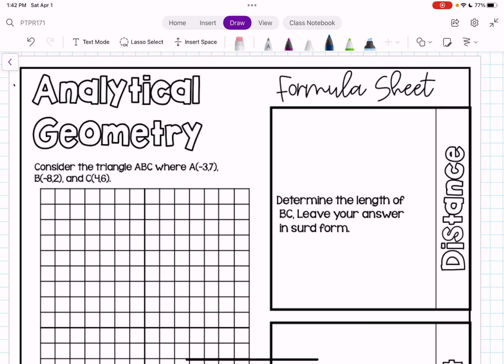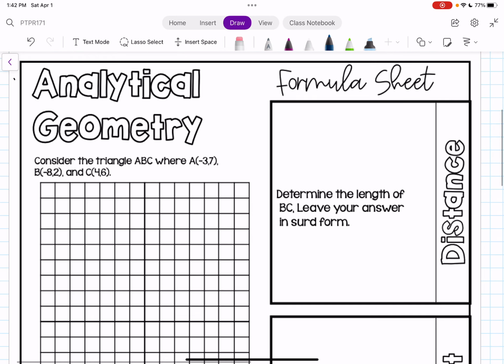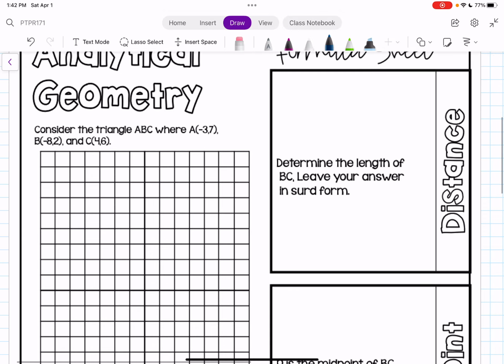I say just, like it's not important, but it's probably the most important part, to revise everything that we've already learned so we can use it for the rest of this unit. Okay, so we're going to start here where we're talking about this triangle ABC, and we are just going to go back